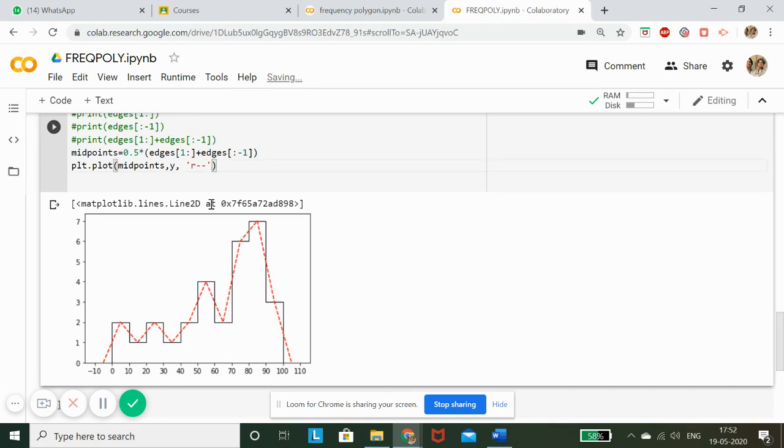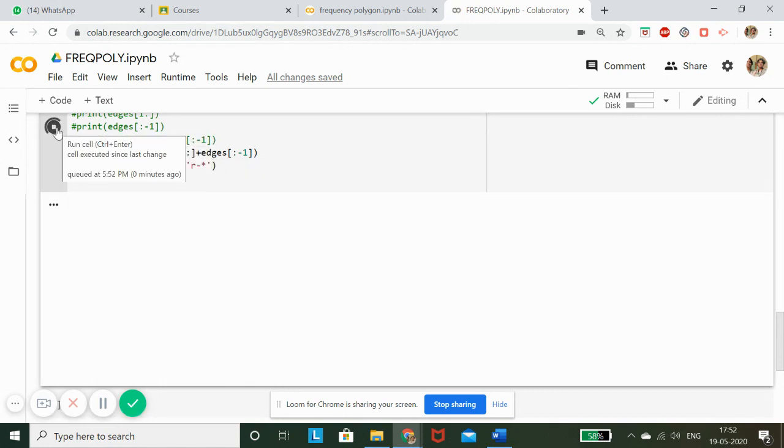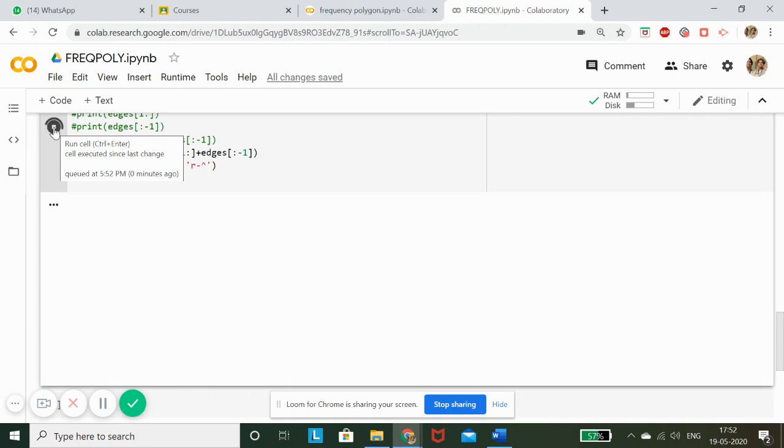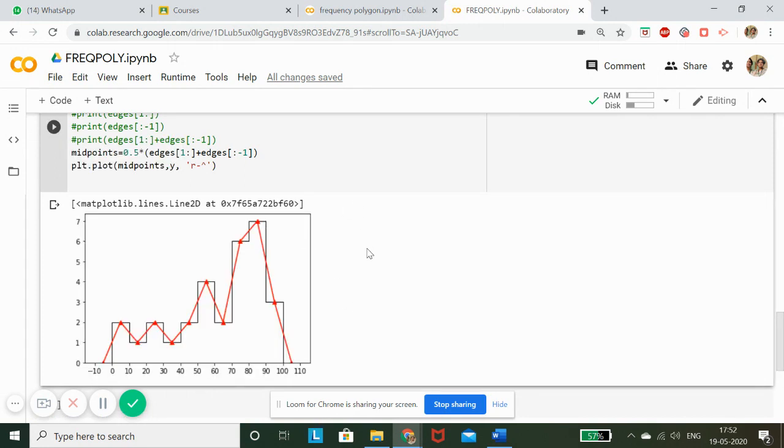But instead of a dotted line, if I want to give a color code and I want to give a symbol, for example, I want to give a symbol as a star to my midpoints. That midpoints can be marked here. So I have different options over here. This asterisk will show me a star, but if I use a caret symbol, it will show me a triangle, and so on. And I can change my color of the line also in different ways. So that's all for this frequency polygon.